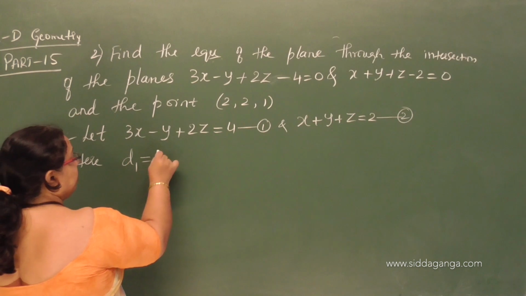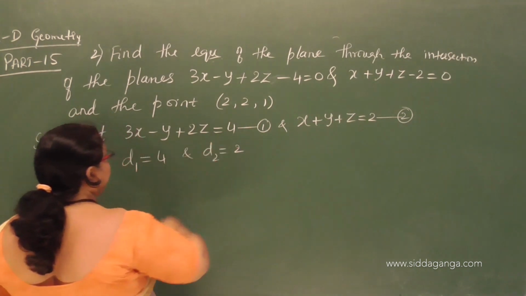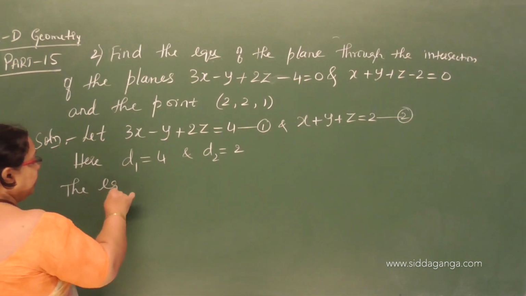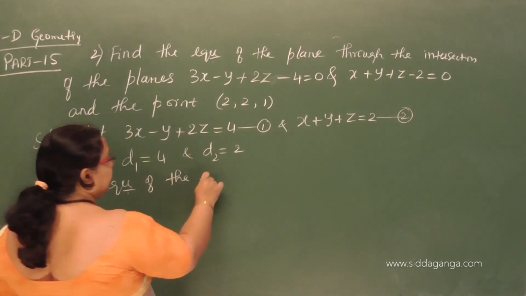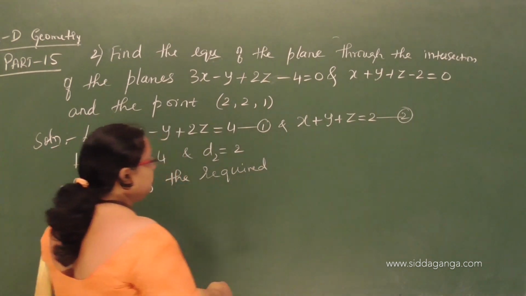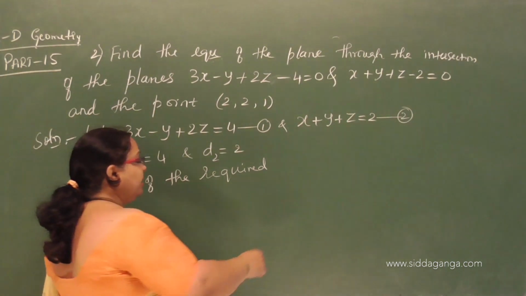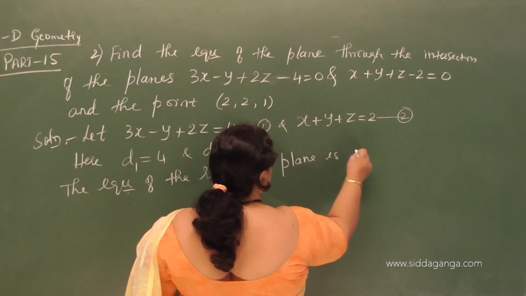Here d1 equal to 4 and d2 equal to 2. The equation of the required plane, where it passes through the line of intersection, is given by